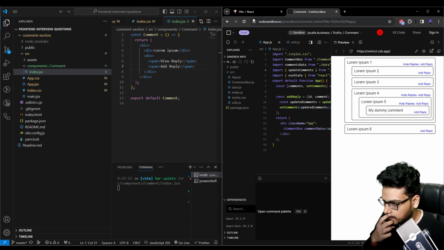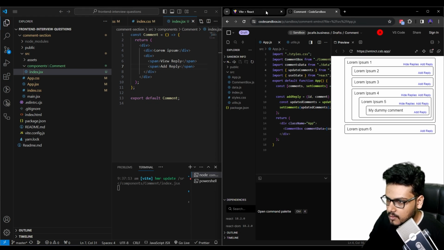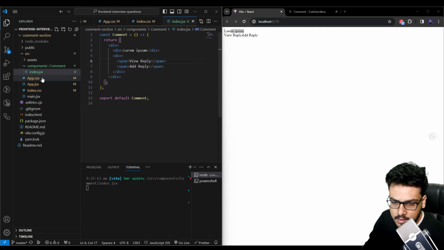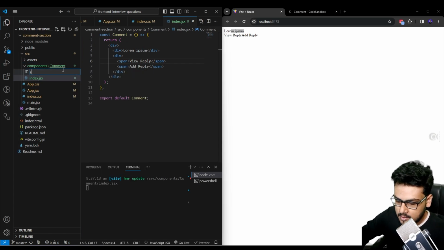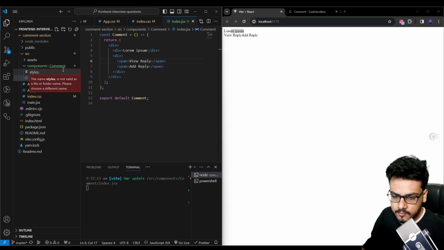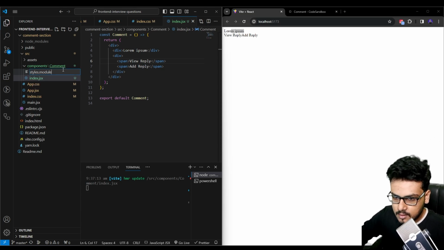Yeah, so we have it over here. So this is one thing. Now I'll have to add some styles over here. So to add the styles, I'll create one file called styles. Because Tailwind is, I think, not present over here, we'll have to set up Tailwind. But why use Tailwind for the small application right now? We can use CSS,